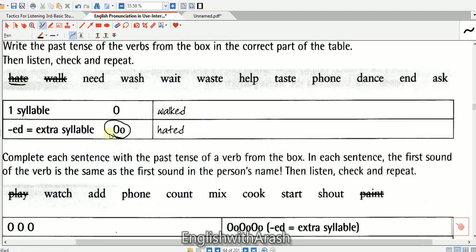Hate is 1 syllable, but hated is 2 syllables. But walk, when you add ed, you don't get an extra syllable, so you just have 1 syllable. When you have 1 syllable, you put it on the first row, the second row. So you can just write numbers. For example, need, which number? When you add ed to need,